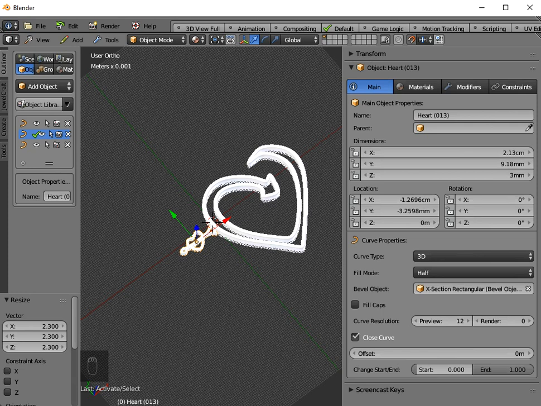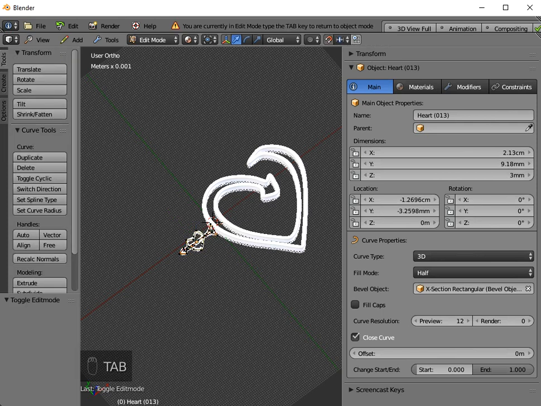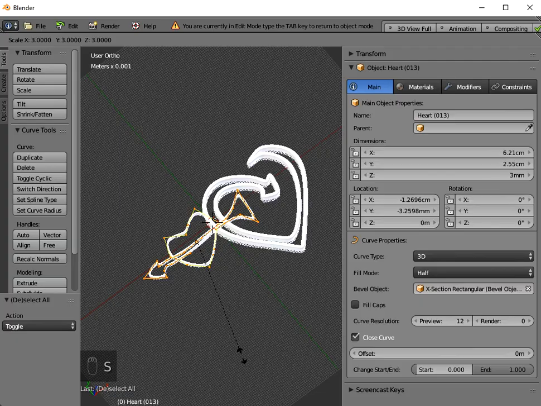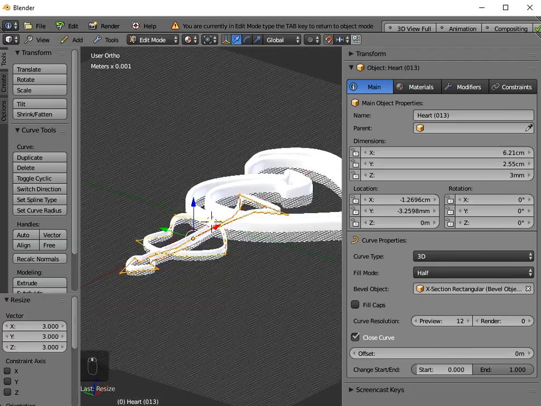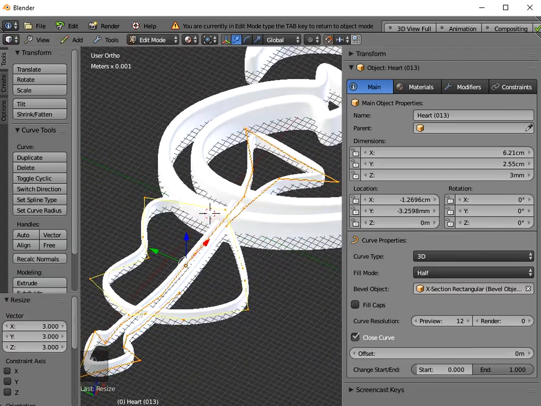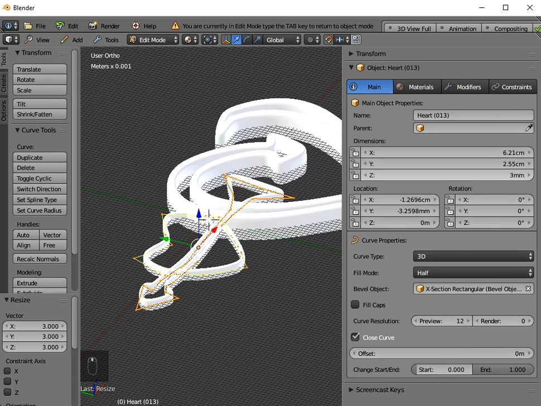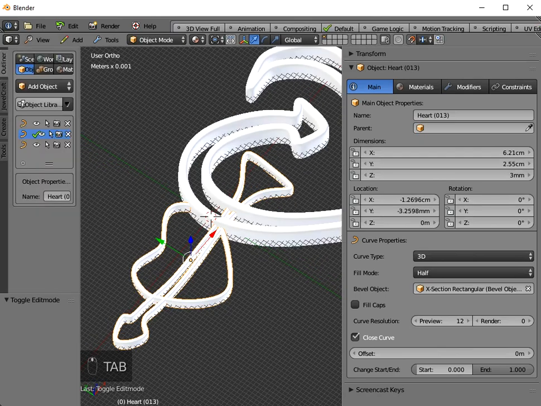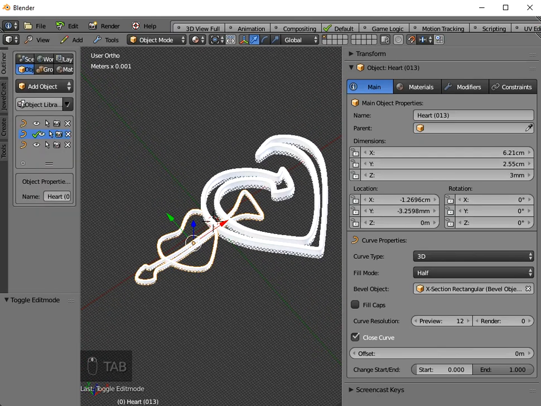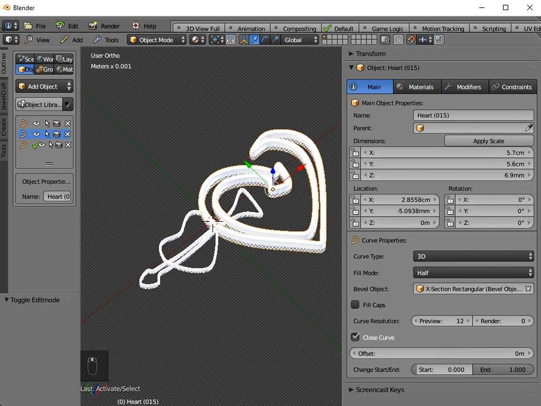Go into edit mode. So if I highlight the heart on the left, press Tab to go into edit mode, highlight the control points with A and then S for scale, notice that the thickness of the one on the left hasn't changed. The thickness of the one on the left is still 3 millimeters like the bevel object. It's something you've got to always be wary of. Always go into edit mode when you scale these if you want to know the dimensions, and you really do